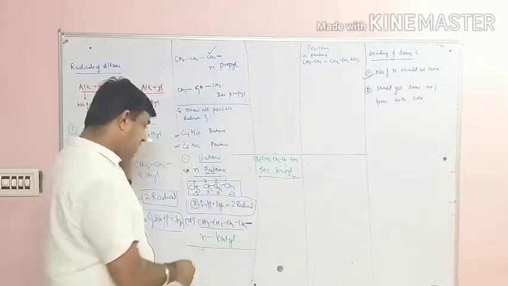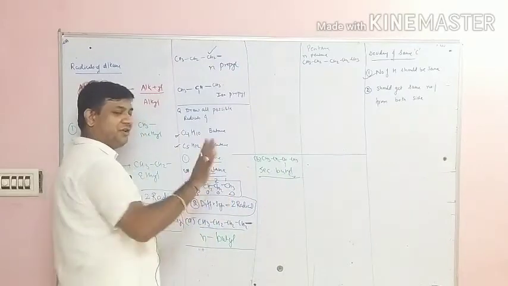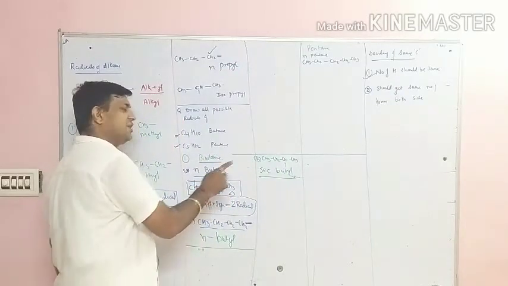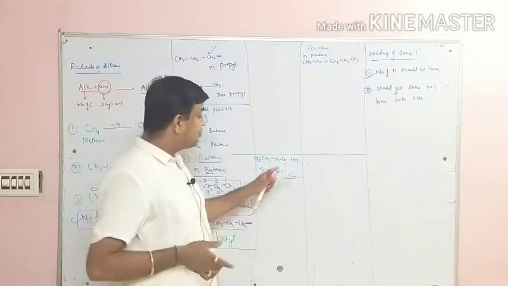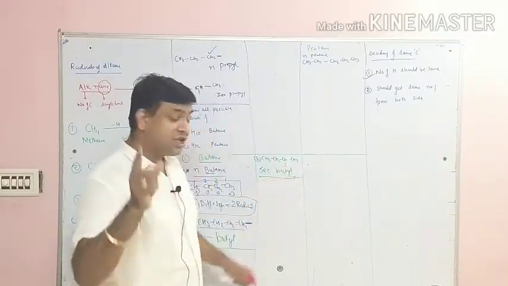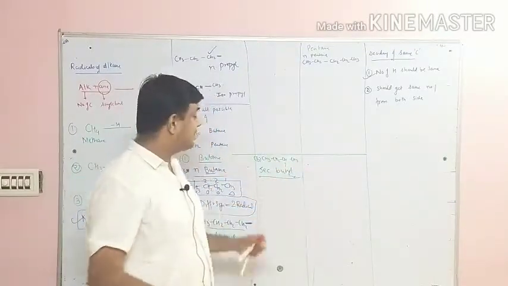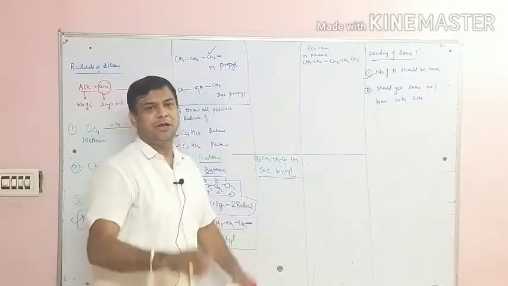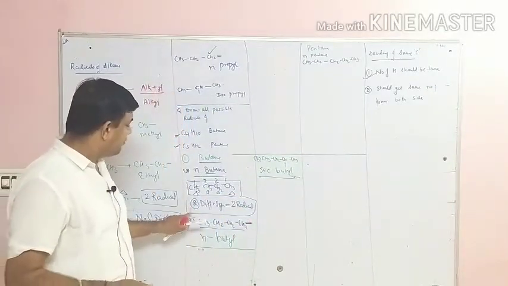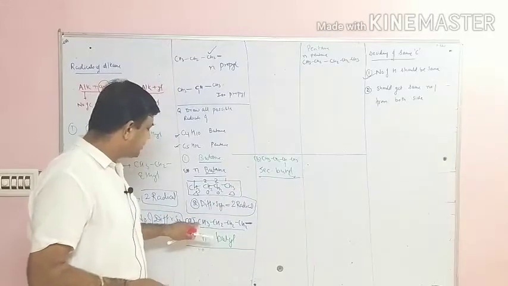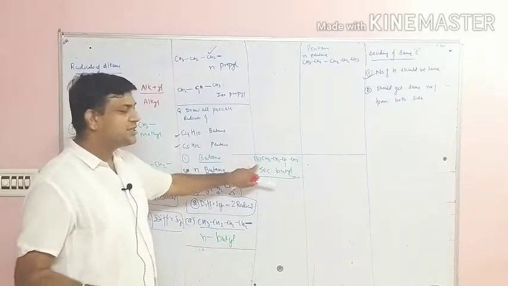Now in this case, if I vacate from this carbon or this carbon, it is one and the same thing. If I vacate from this or this, it is one and the same thing. The point is that if the carbon chain is straight, saturated, and the valency of the second carbon is free, then it is called the secondary butyl. So in the case of N-butane, we are going to form two: first is the N-butyl, second is the secondary butyl.